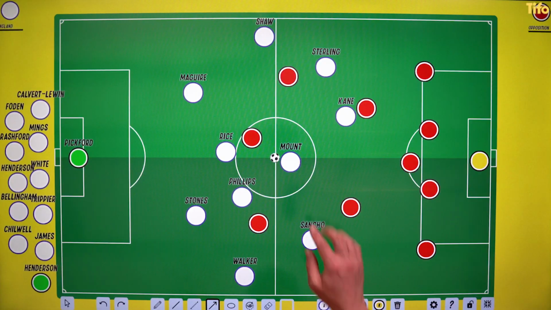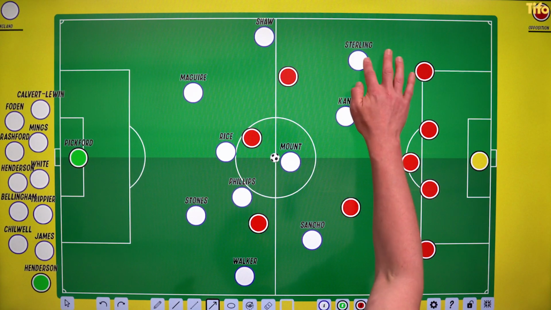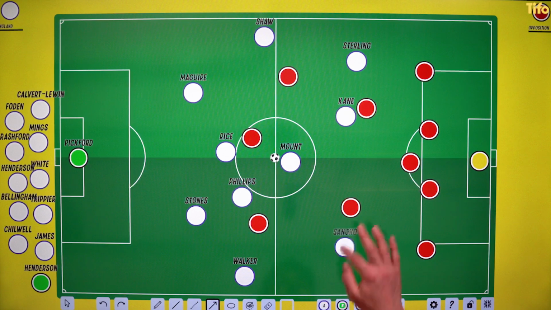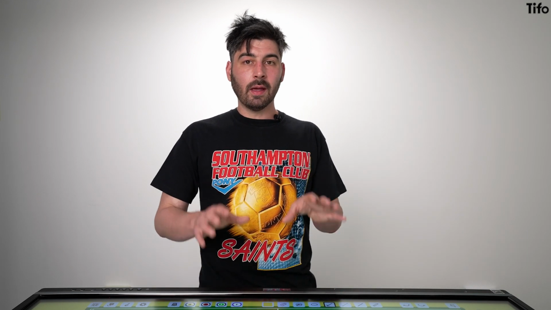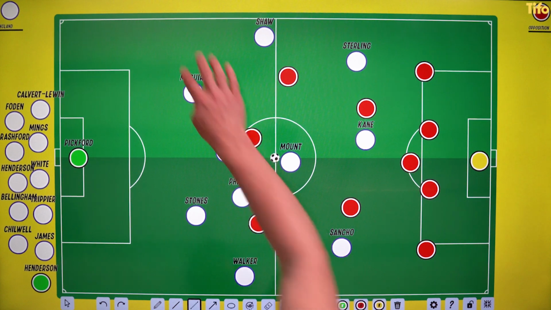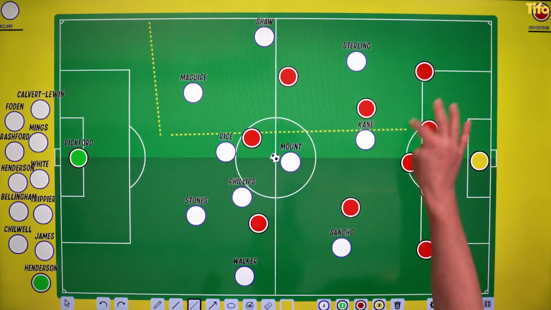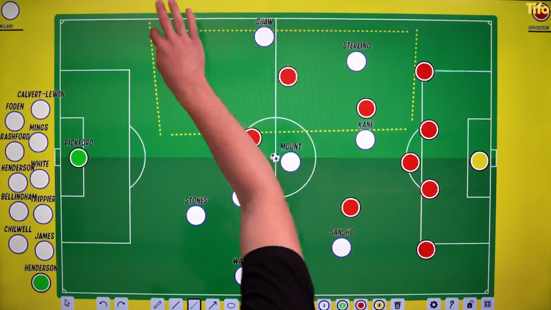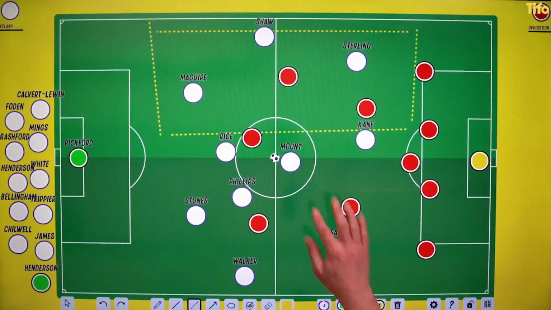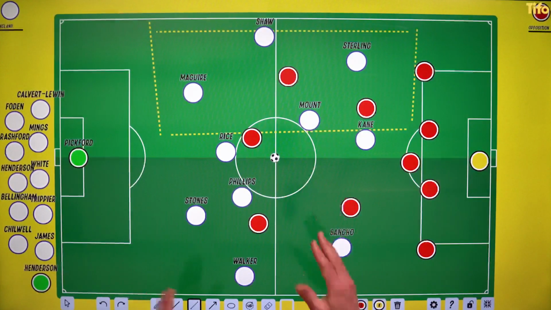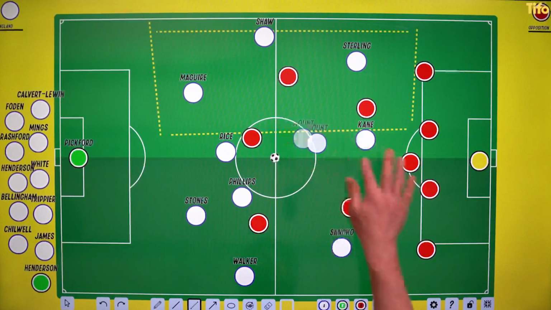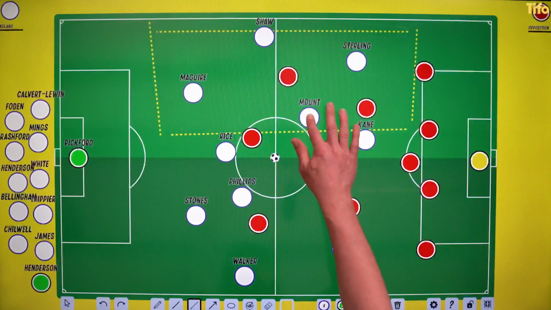So as they're doing that, what's crucial here is that these wide forwards will tend to do one of two different things. And this will depend on which side England ultimately are looking to attack on. England are very, very left side dominant. And there's a reason for this. It's partly because Mason Mount is the player that oscillates here between the lines. He will play in this kind of hybrid role.